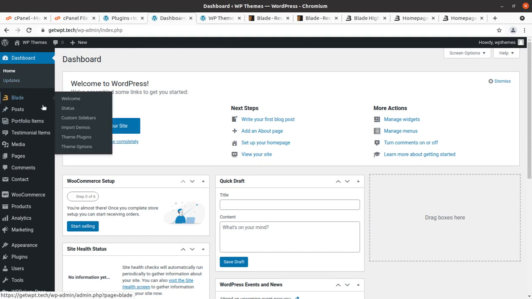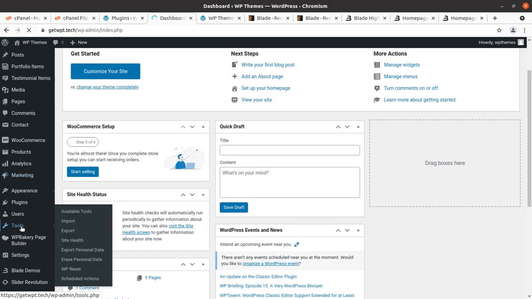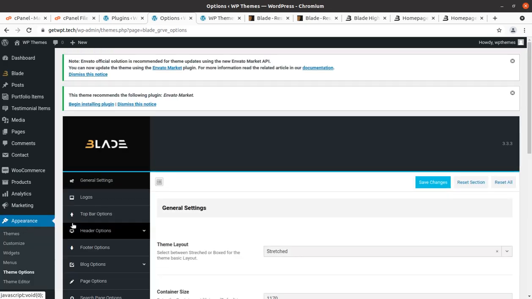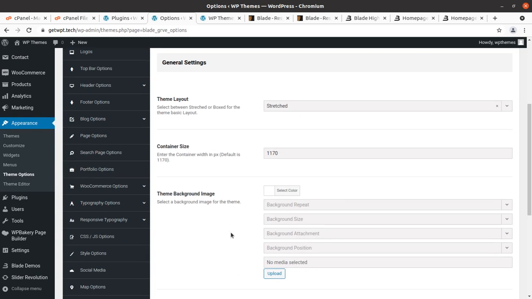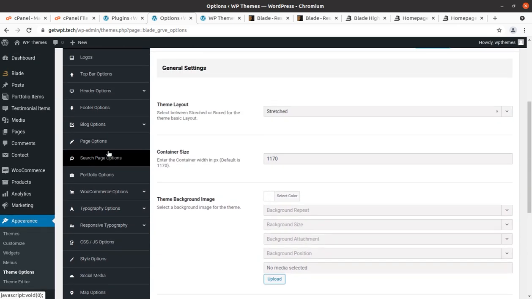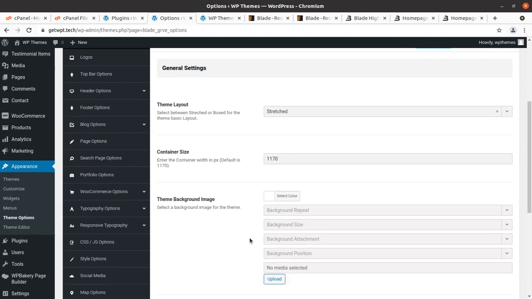So let us begin to import the demo content at this stage, and let us go to the theme options again. I need to find the demo importer, and these are the theme options, and I'm just looking for the demo importer, and I will of course show you all these options. I never hide anything during my videos. This is why everything is displayed on the screen itself.